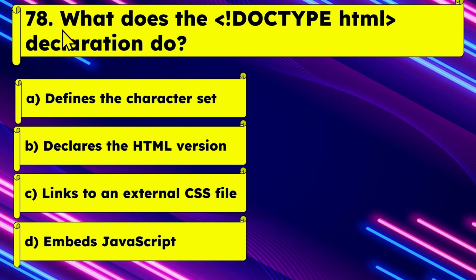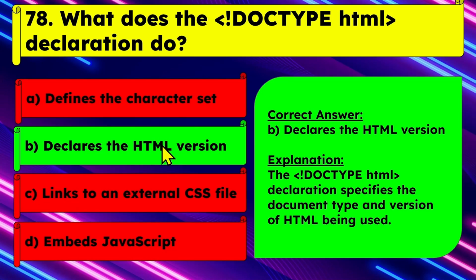Next question is, what does the exclamation doctype HTML tag declaration do? Option A, it defines the character set. Option B, it declares the HTML version. Option C, it links to an external CSS file. And option D, it embeds JavaScript. So here the correct answer is option B. As you can see, the doctype HTML tag declaration specifies the document type and the version of HTML being